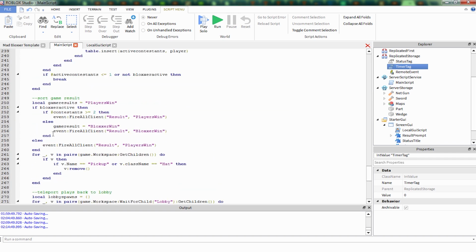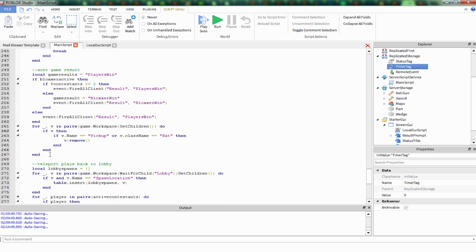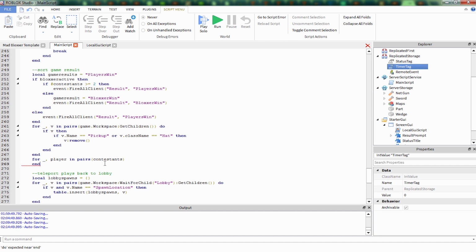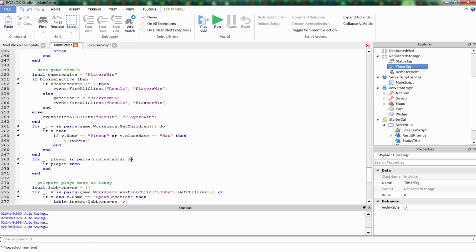And what we're doing is we're adding points to all the contestants. So we're going to want to go through all the contestants when the game ends. That's where we're sorting the game results. For underscore comma player in pairs. So this should be all the players that the game has started with. It's quite a long time, so maybe the player left, so we've got to make sure that the player exists. If player